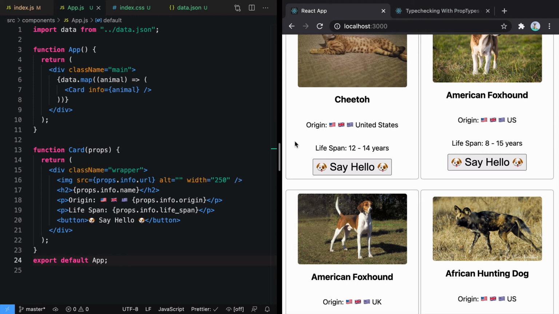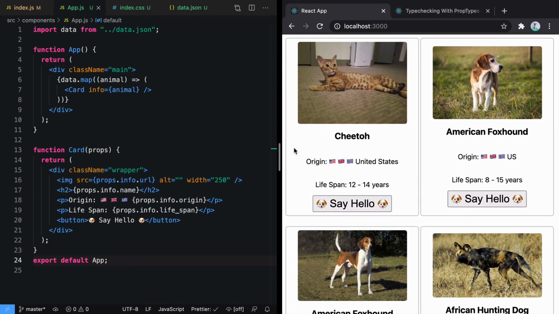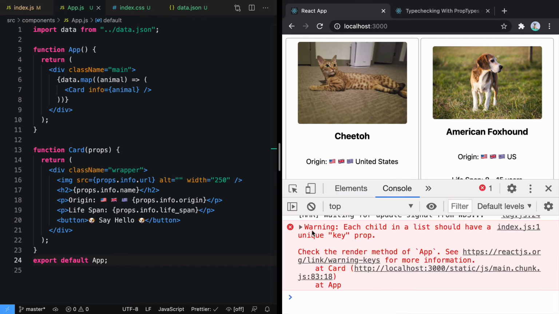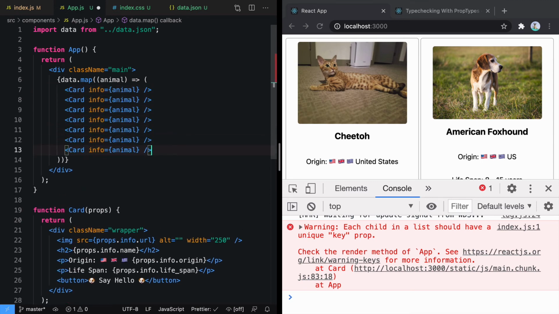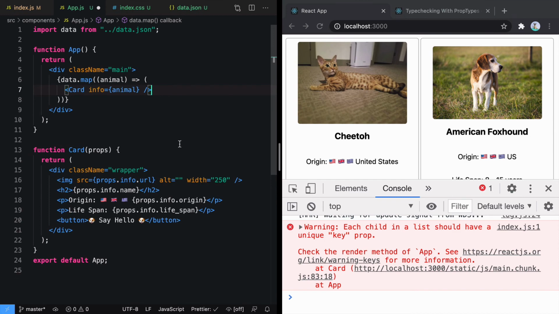There's still one thing that we need to fix that is not visible right here, because when we open console, we are always seeing this error message saying each child in the list should have a unique key prop. What does it mean? Whenever you're using map over data to create multiple cards, you can think about it to be created something like this. They're using multiple cards like this. For React to manage all the cards that look very similar is a bit hard. That is where you need to add some key prop. That is only needed when you use map over a list of data.